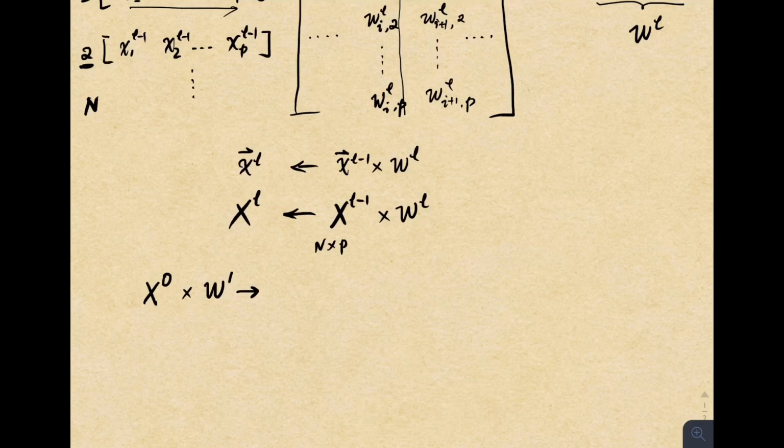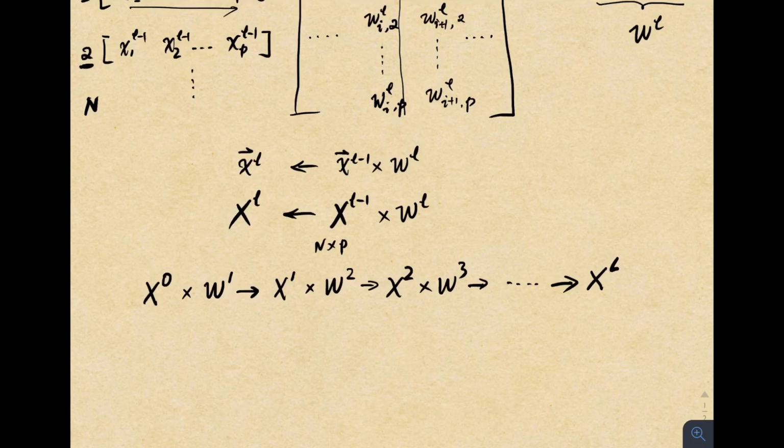Now we arrive at x1, which is then in turn multiplied by W2. Got x2, multiplied by W3, go all the way until we have XL as the final output